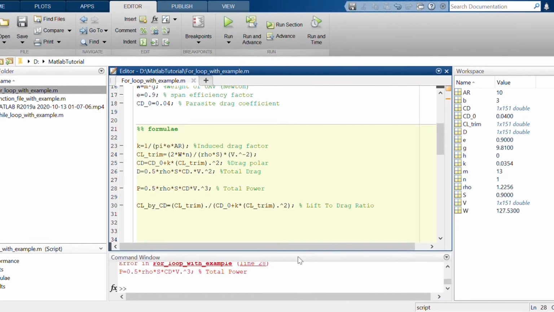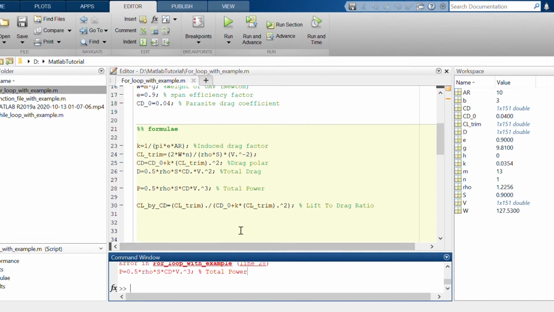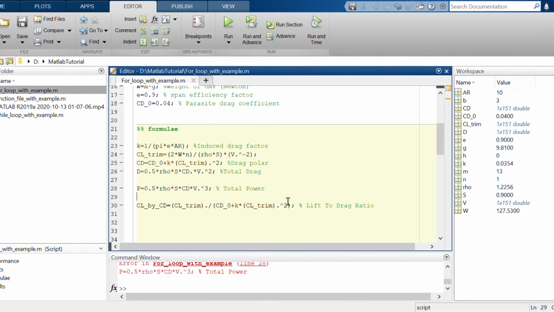Why the error? Because element by element we have to multiply. So basically the dot represents element by element. At 0 kilometer you want data, at 1 kilometer also, 2 kilometer also. So element by element you have to multiply. So the dot represents that. You are missing one dot and you are getting the error.